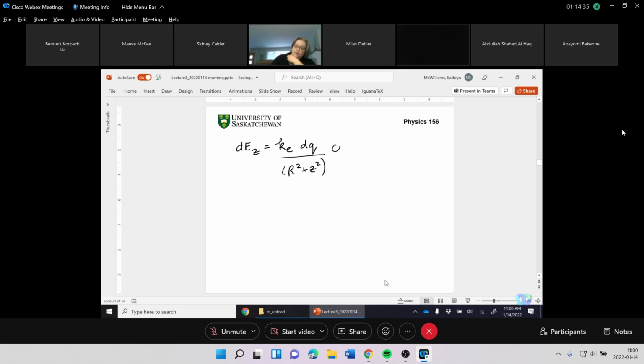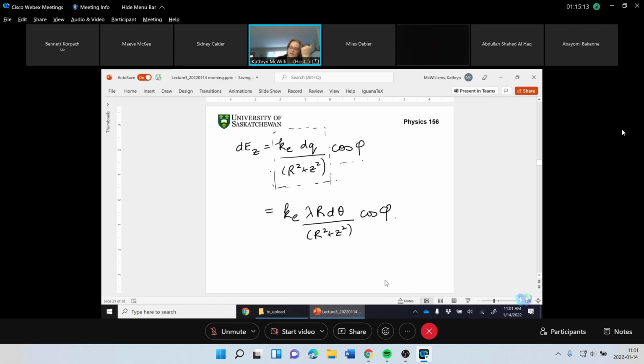And then we take the cosine of that, because we only want the Z component. This part here is the total, the full vector electric field that you'd see at that point P, and then we do the cosine phi to get the Z component of it. So we do KE lambda R d theta